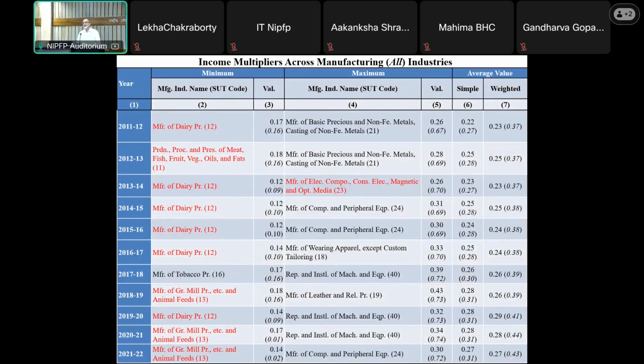The income multiplier also, you read the table similarly. The red color ones are the ones which have a link with the production linked incentive scheme. But the lowest income multiplier is seen for manufacture of dairy products within the manufacturing sector, and these are the sectors over the years which show up as the highest income multiplier among the manufacturing. But if you look at this column 5, you'll find that the income multiplier of the manufacturing sector is